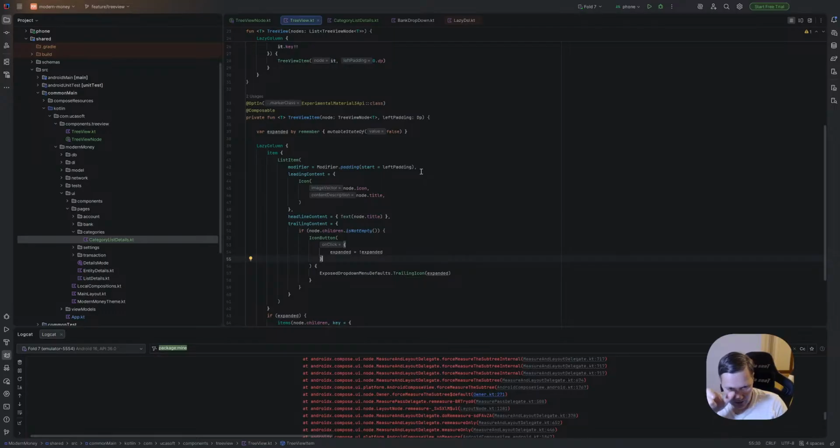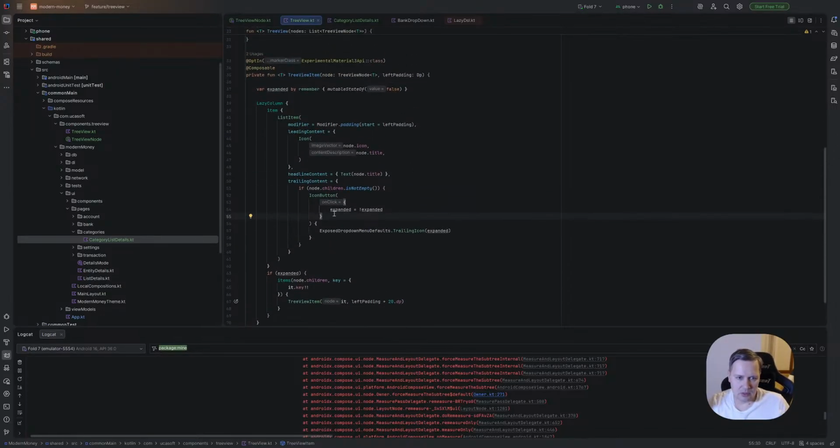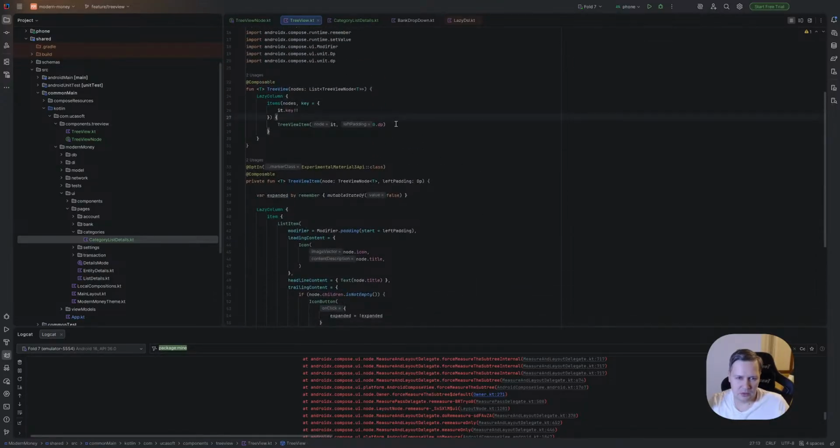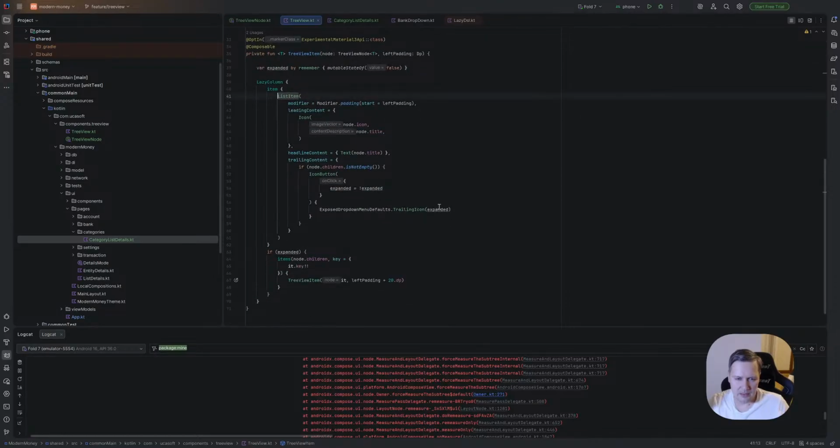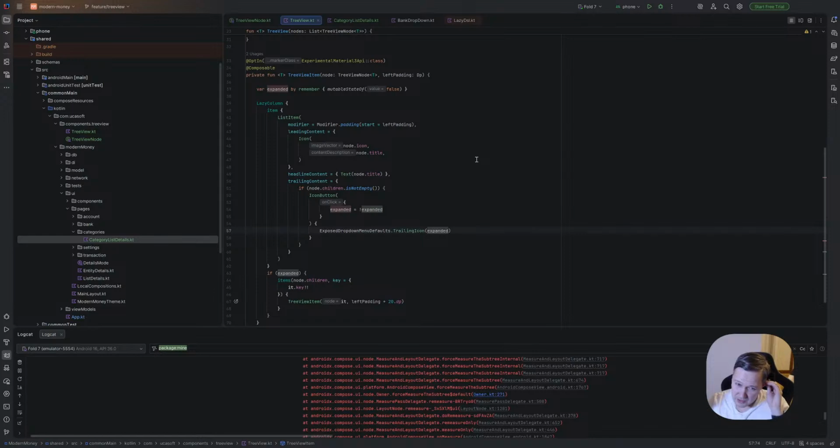And in case of expanded, we should add it, yeah. Okay, let's try to do something different. So we have keys, we can have this list item, but yeah, expanded. We need to understand when it is expanded.